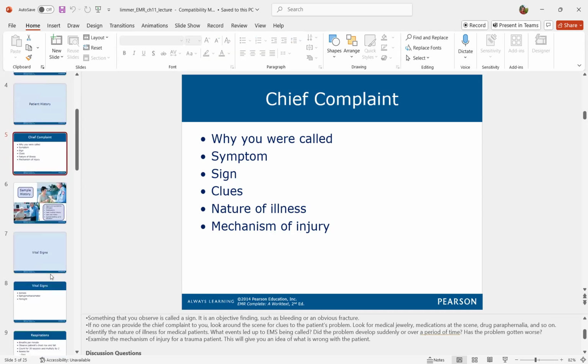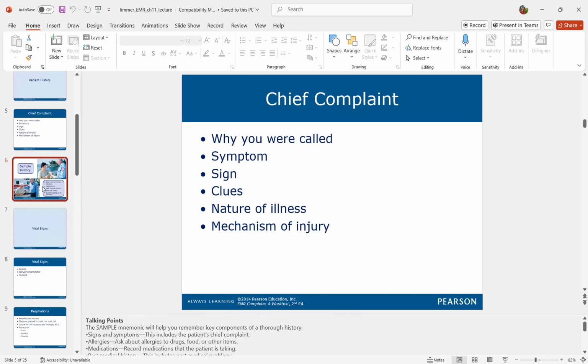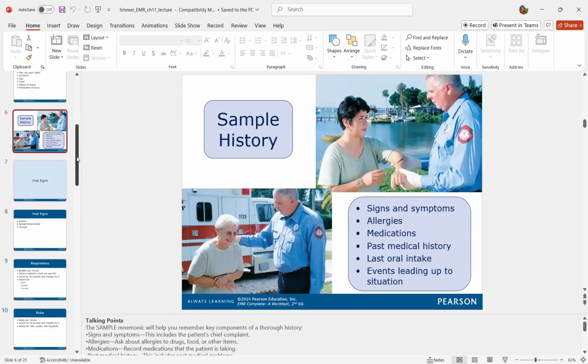Some things that we can use for this are what's called sample history, and I'll show you why these are important when I swing back to the National Registry sheets that I gave you guys last week. So the SAMPLE mnemonic is going to help remember key components on trying to get a thorough history on somebody. So medical versus trauma, and we'll talk about that in the next chapter, doing reassessments and secondary assessments, but